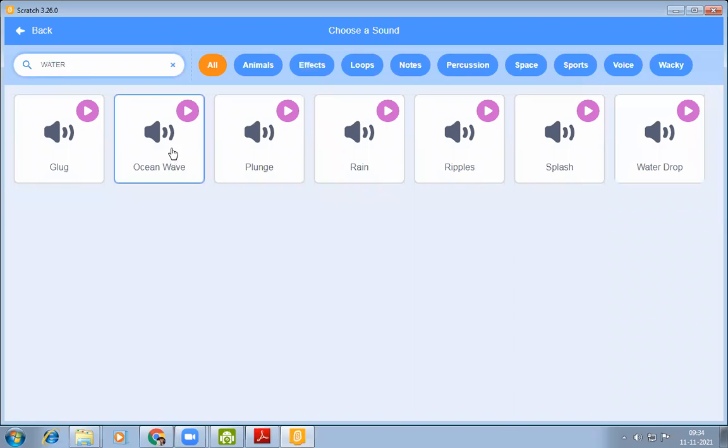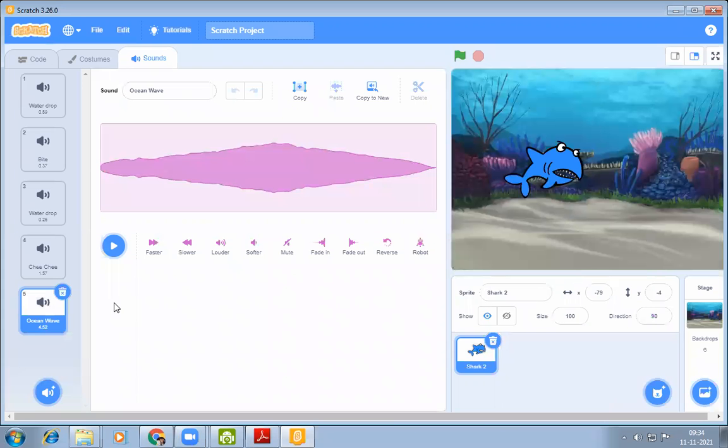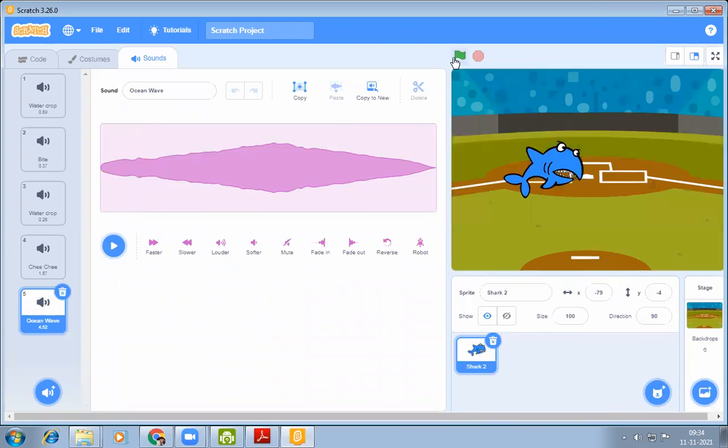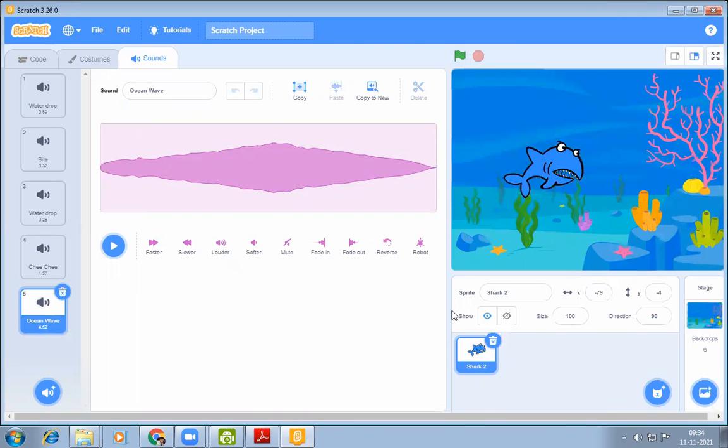Here ocean wave, we can add ocean wave. It is added to the story. Now editing sound.